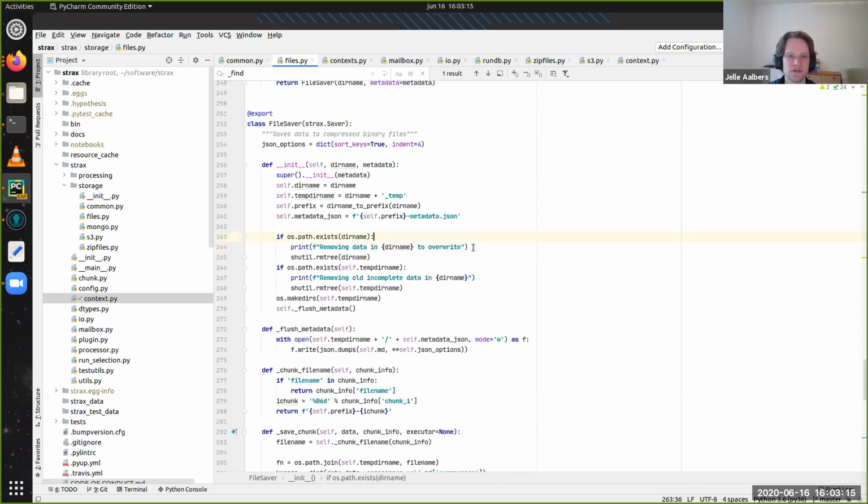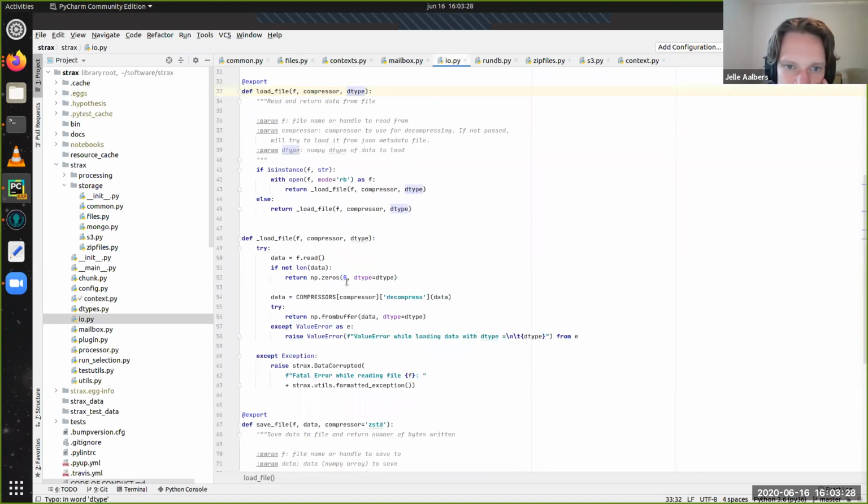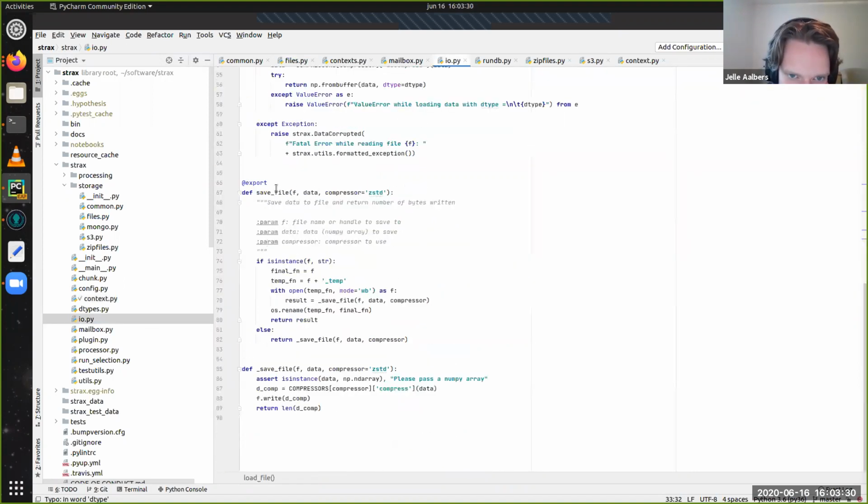Yeah, no, that's a fair point. So we should maybe, for extra security, add an option here, override, which is by default false and is only set true if you call it through the official method. And I guess a similar protection would apply where you go to io.py to save a file, where it just opens the file and will actually just clobber it. Yeah, we could build in a few extra checks there. Yeah, good point.